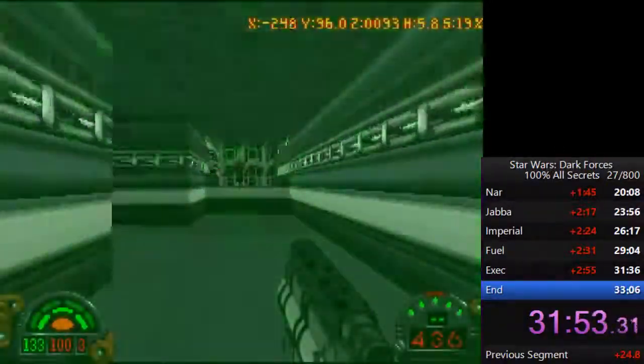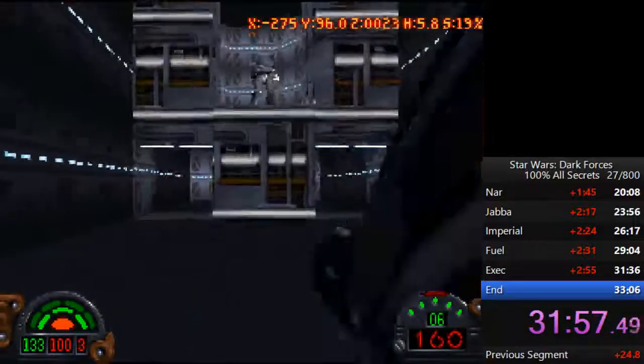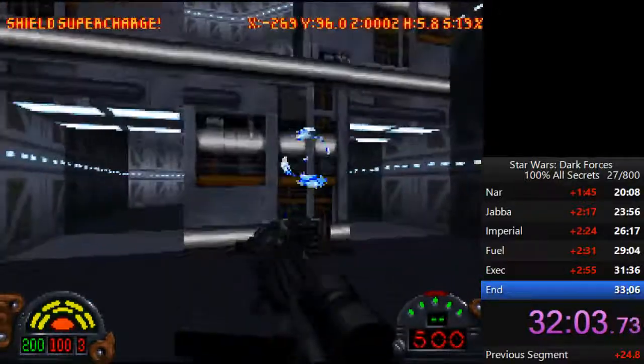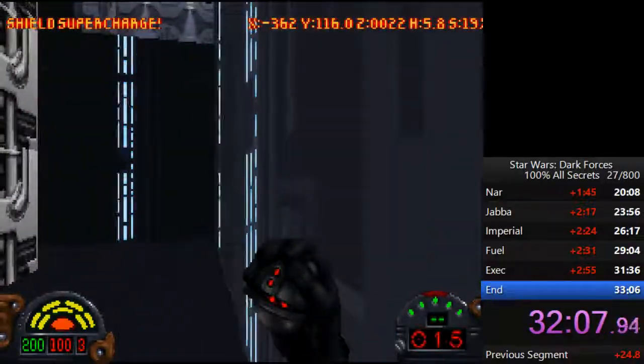Kill him to open up this area. So there is a Dark Trooper in this room we actually have to kill, because there is a hidden wall that we have to move, and it's attached to that Dark Trooper's death to trigger it. And normally we would go